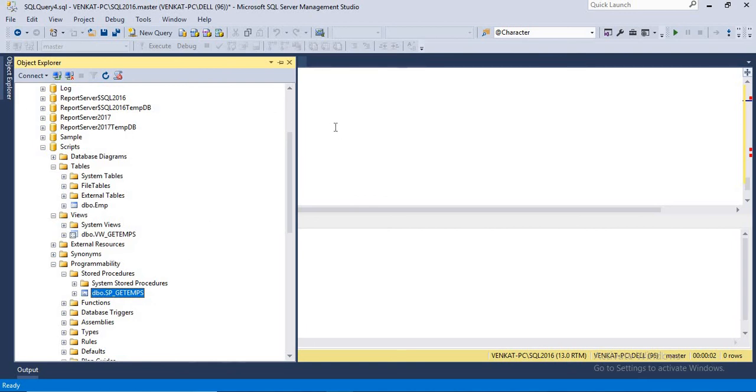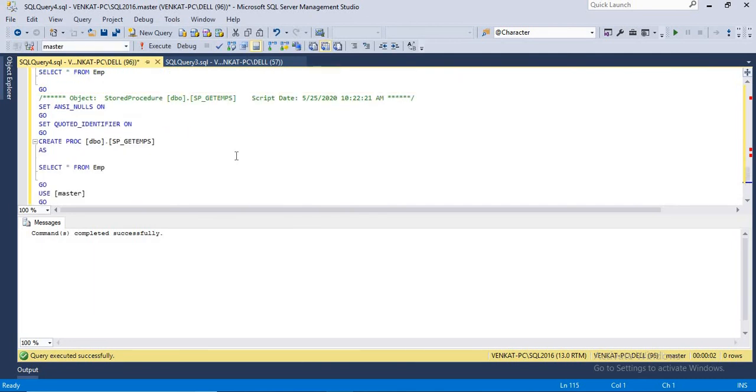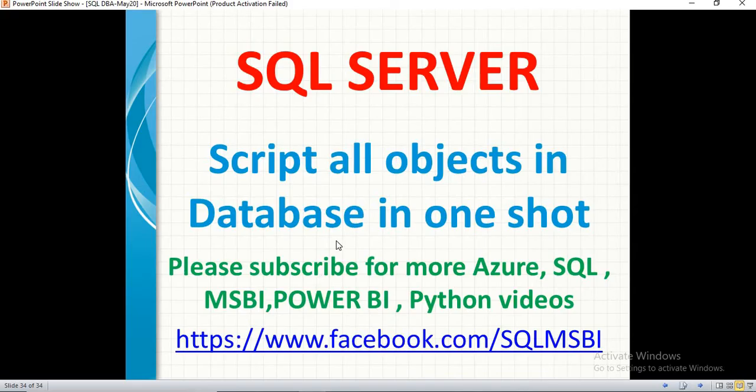So in this operation, are you copying the data as well? Currently, no. Can I copy the data? Yes, you can copy the data as well. That is the reason why, if you remember, I have an advanced option. We will talk about that in the next video. So this is how we script the entire database in one shot and create all objects in another server in one shot, rather than going individually. This is a default feature of SQL Server, so you do not need to enable anything. So that's all about it.